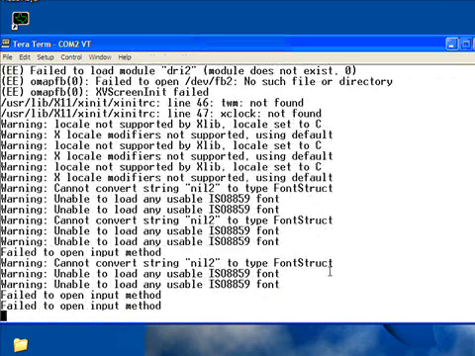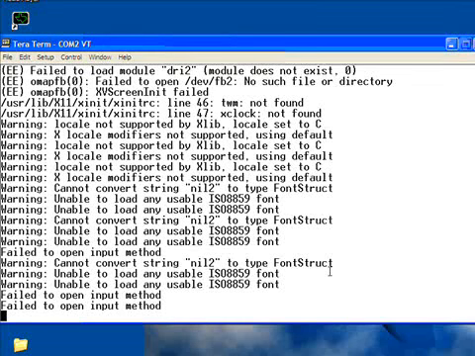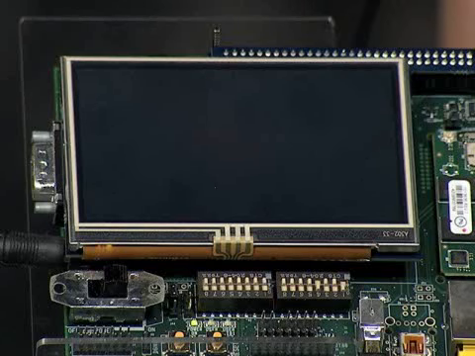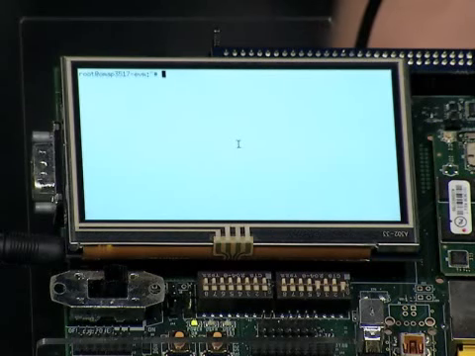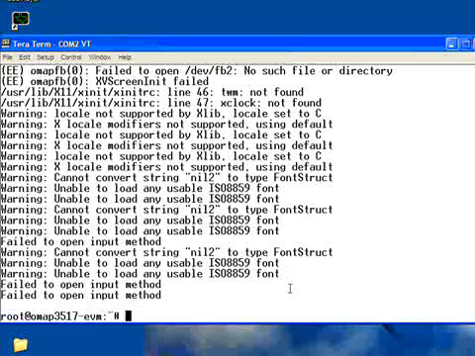You see quite a bit of feedback that comes up here. Even though you see a couple of warnings and failures, this is normal. And then let's take another look back here at the board. Now I press enter, and X11 will show up on the LCD. Now you notice we don't have a command prompt, but if you just press enter, that'll take us back to a command prompt. And then to start up the GNOME session,